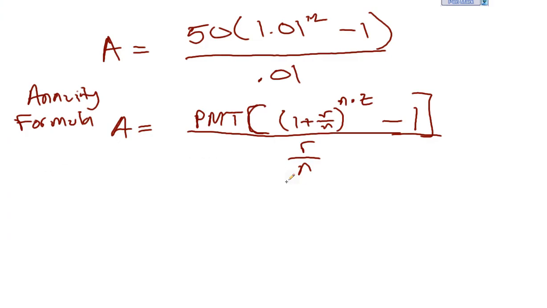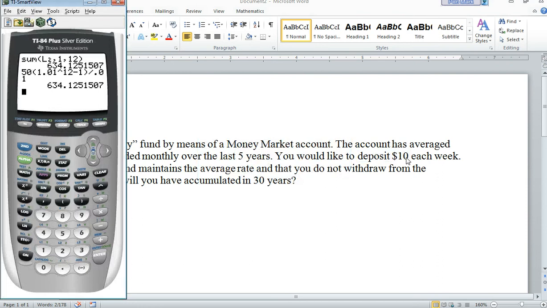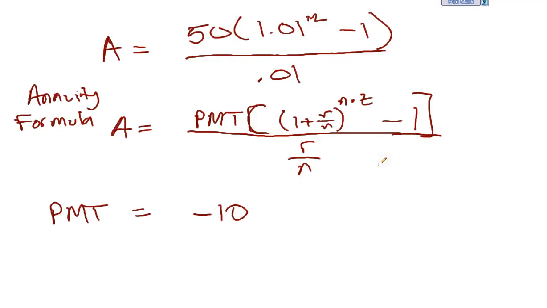So, what are we asking? Well, let's write down some things. So first of all, we're going to put in a payment of $10. I'm going to put -10 to ensure that it's an outflow. But now, in the problem, we're told that interest is compounded monthly, but I'm making this payment each week. Oh, well, how does that work? Well, since the interest period is once a month,